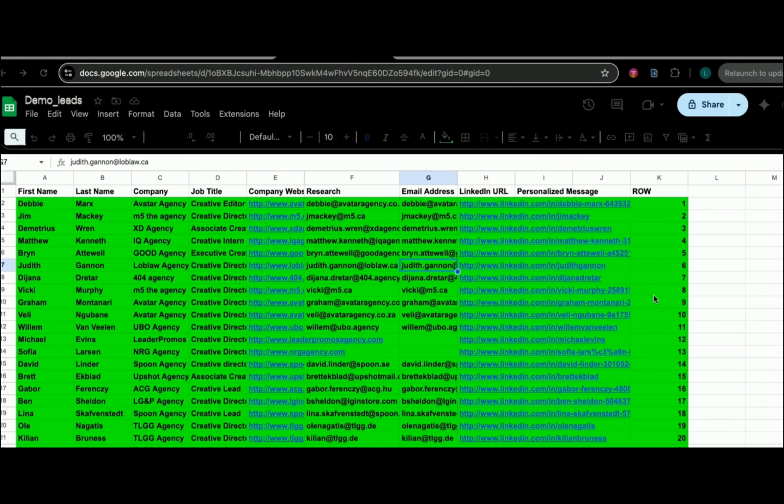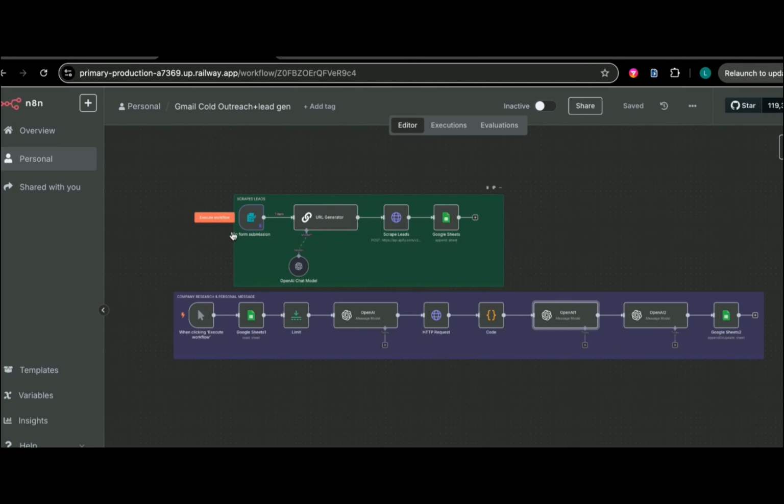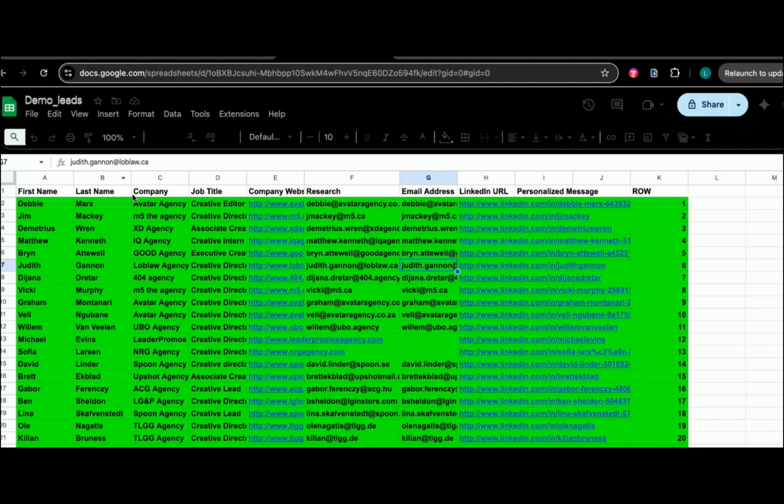You'll understand why we need that later on. Basically, what it does is once a form is submitted, the automation kicks off and generates a custom Apollo URL to find leads and match a target. It scrapes the leads from Apollo using an Apify agent, which I'm going to explain later on. And then it stores the contact info like the first name, job title, email, and company website exactly like this